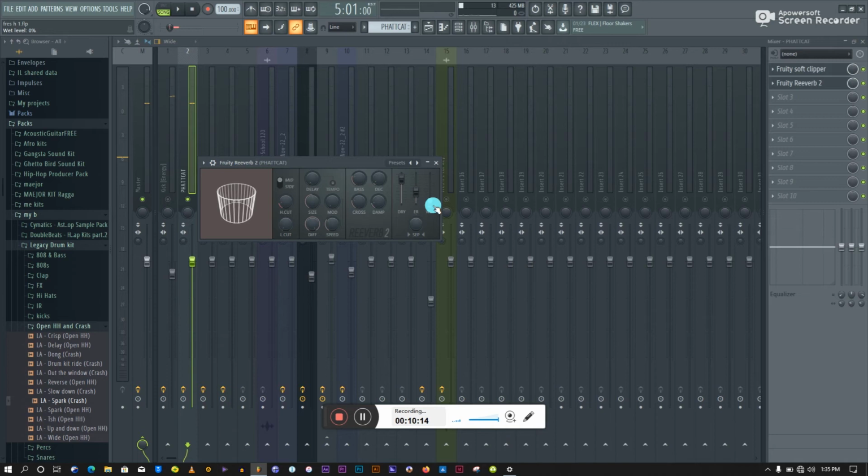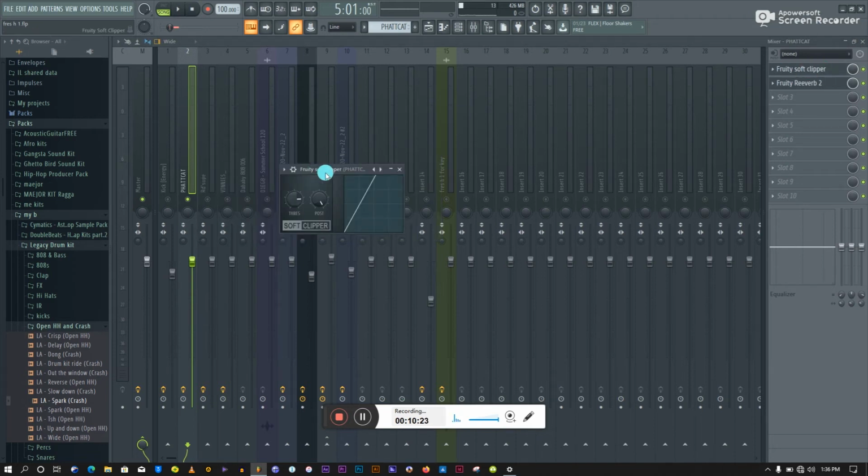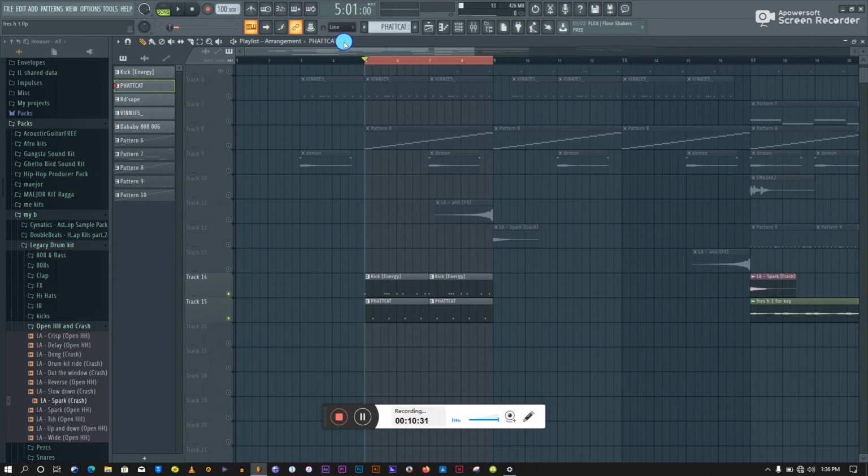So basically I just killed the wetness, added on the dryness, cut a lot of highs, was drying it up, and then with the soft clipper I just boosted it a little bit. So and then I went ahead and added